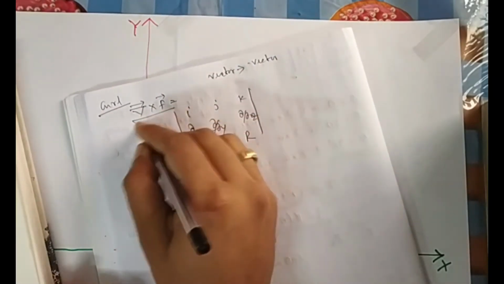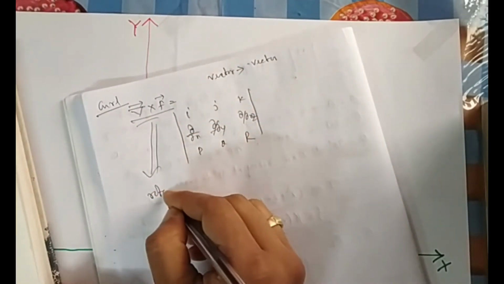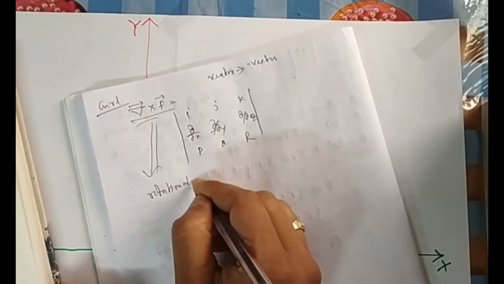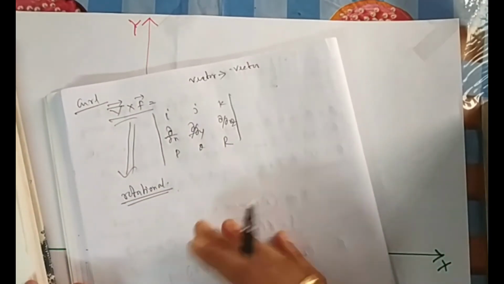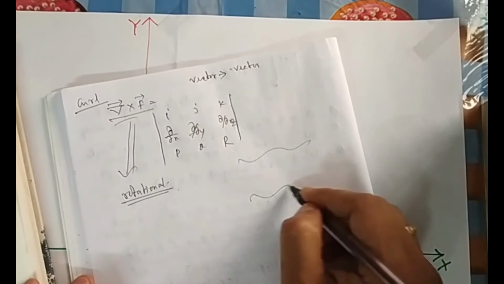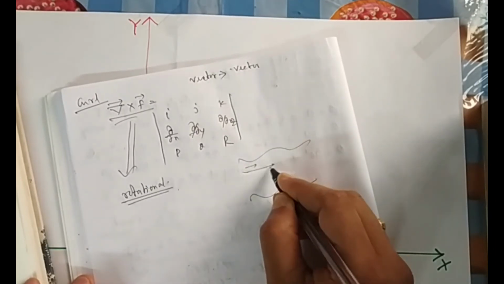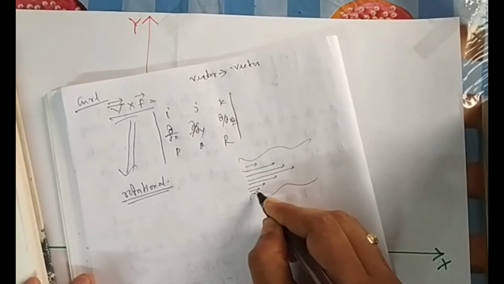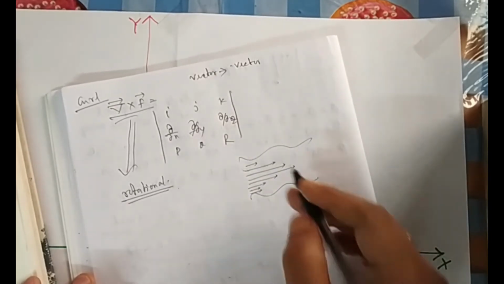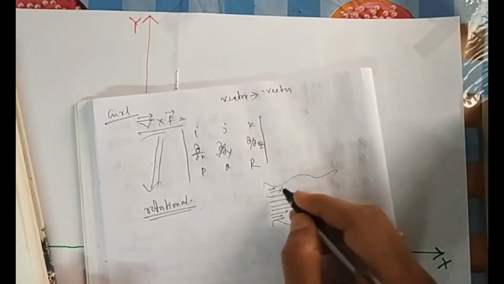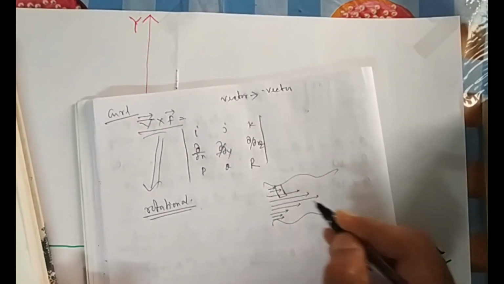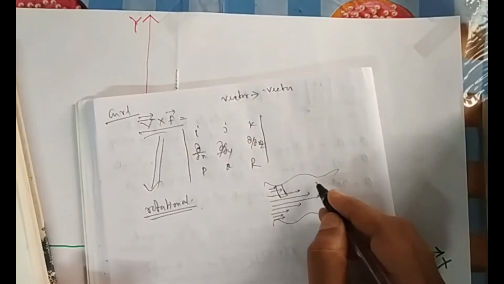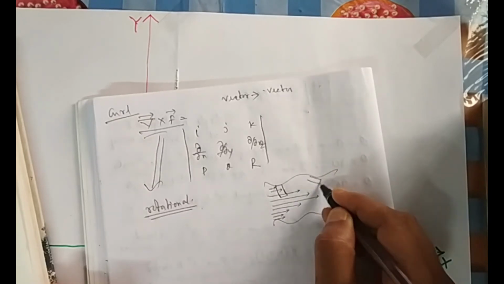Now what does this represent physically? This represents rotation, a rotational effect. Why is the field rotational? One good example: suppose there is a river and water is flowing. How does water flow in a river? In the middle it is at very high speed, and if you come to the sides, the speeds are less. Now if you put a thermocol sheet here, by the time it reaches here, it will rotate. You can feel it.